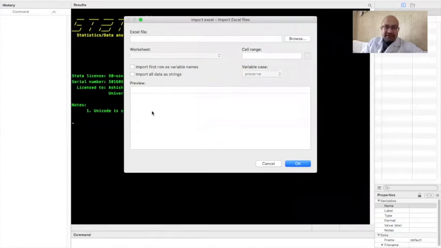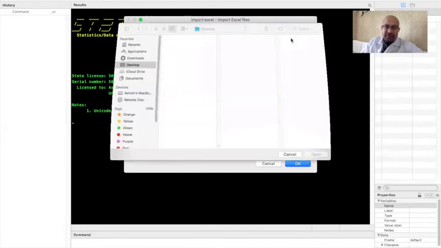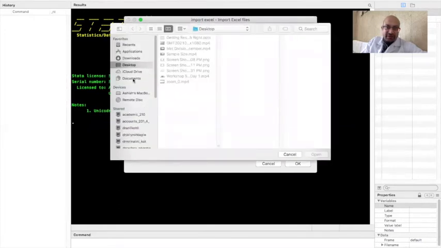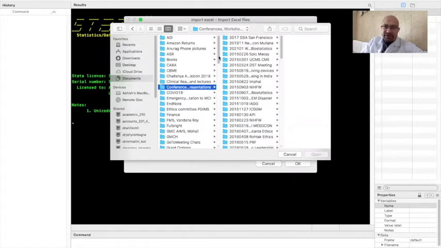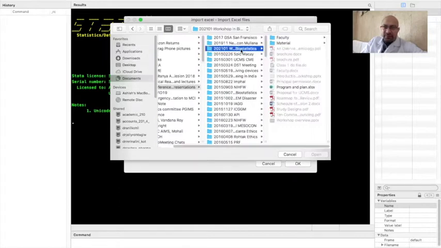Once I click the import option, it opens this kind of a dialog box in front of me. It asks me to choose which Excel file I want to import. So I will try and locate a particular Excel file on my computer and bring that file into my working directory.